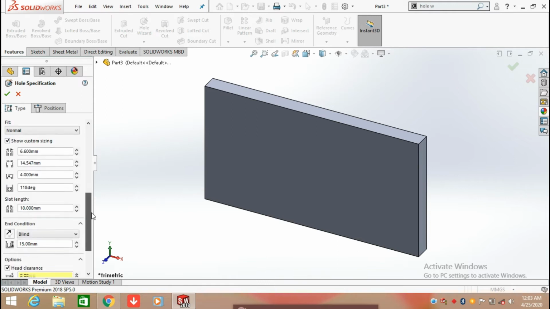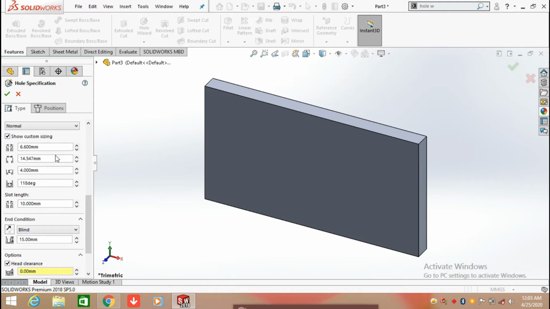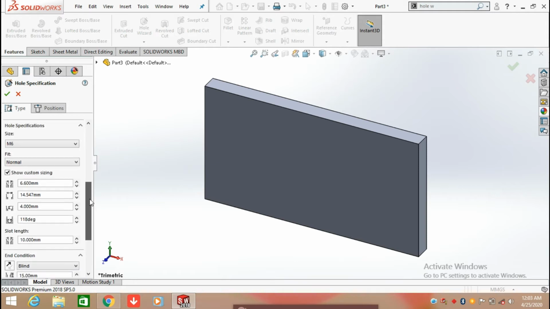In custom sizes you can change the sizes of the hole. For example, here we select M6. Here are the standard sizes of the M6 hole. 6.60 is the major dia, you can say counter dia. Our depth of the counter is 4 mm and the angle is 180 degrees at the end point. So you can change it in the custom sizing.